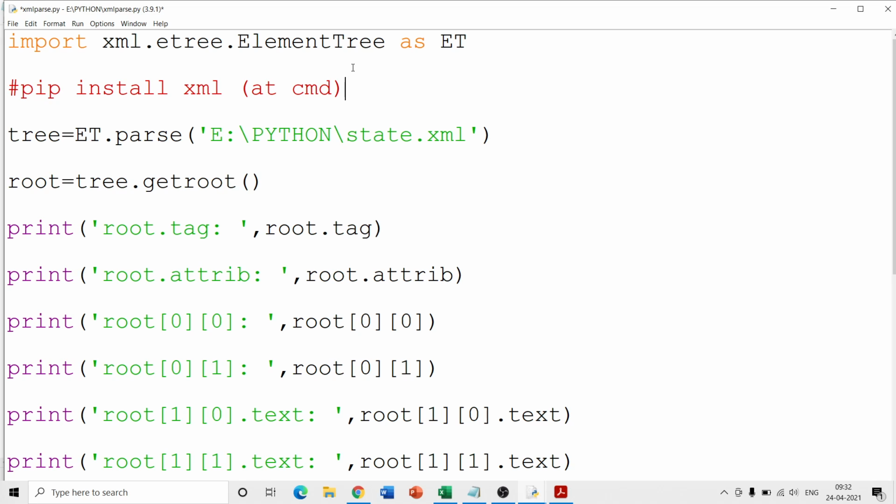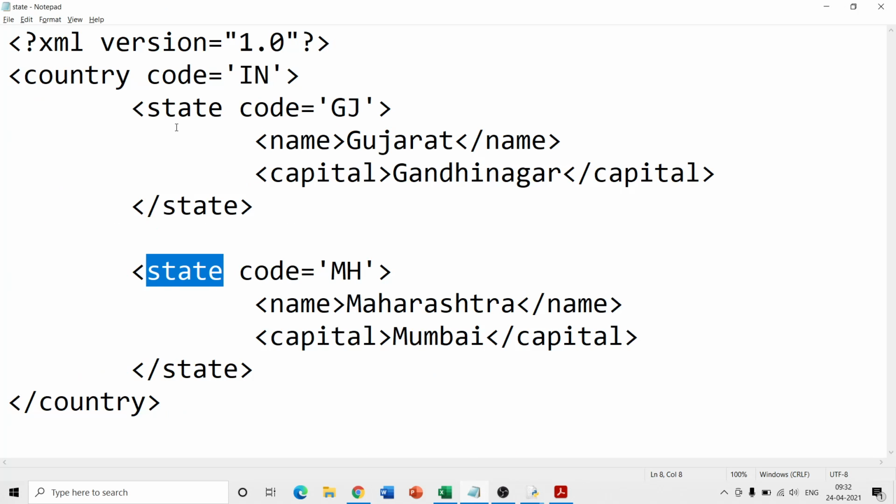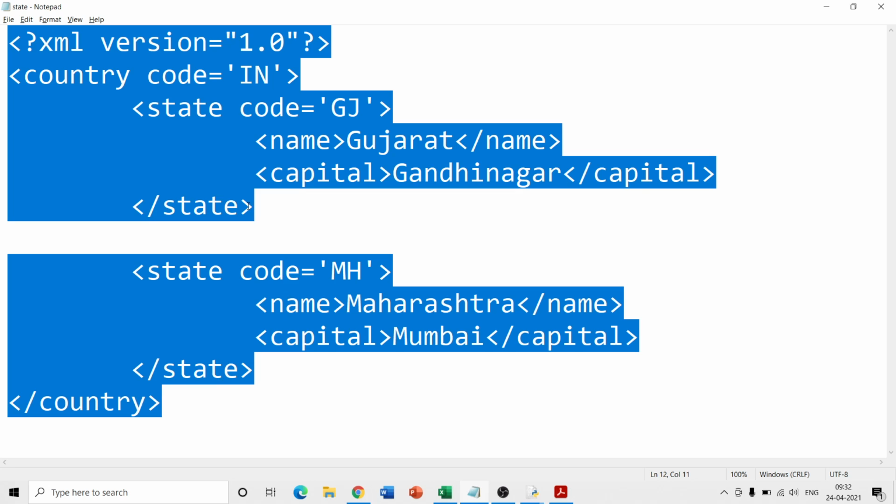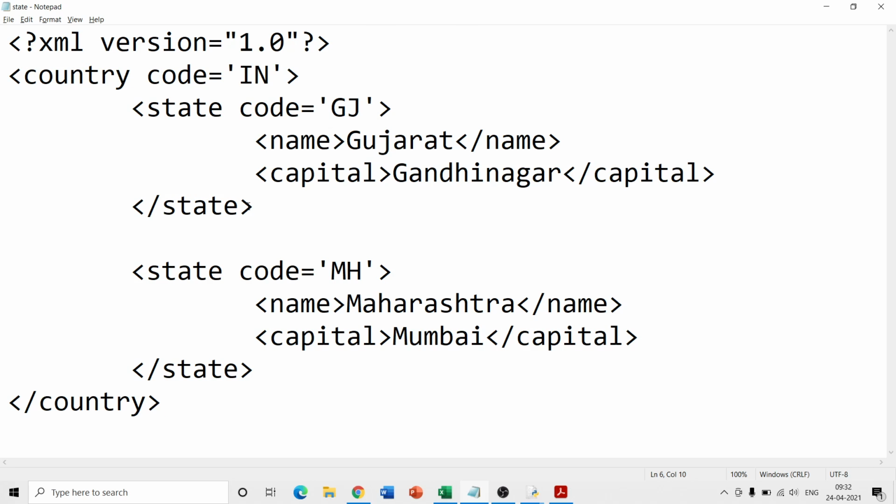So our objective is, we have created one XML file, and we are trying to study how to parse this XML file. Which methods are there, which attributes are there through which we can parse the XML file. Now, why do we want to study how to parse? Because the code of the website will be something like this. So we want to study which methods and attributes are required to parse the code. Once we know that, we can extract data from any website, or we can do web scraping.